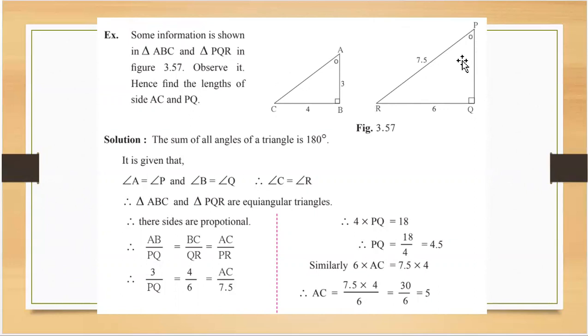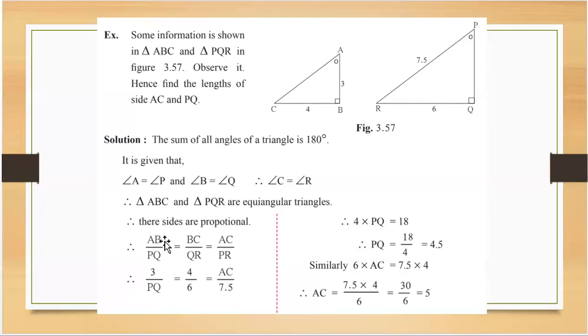Now these ratios are going to be equal, they are in proportion. Why? When all the angles of this triangle are equal to the angles of this triangle, that time we know that these two figures are similar figures. And similar figures में क्या criteria है? All the angles are equal and all the sides are in proportion. So here, therefore, sides are proportional. So proportional मतलब क्या? AB upon PQ is equal to BC upon QR is equal to AC upon PR.